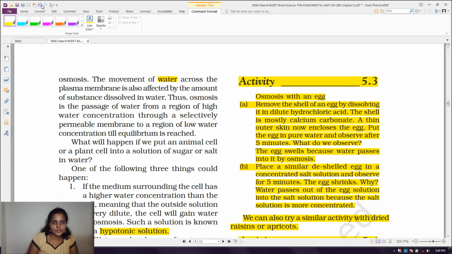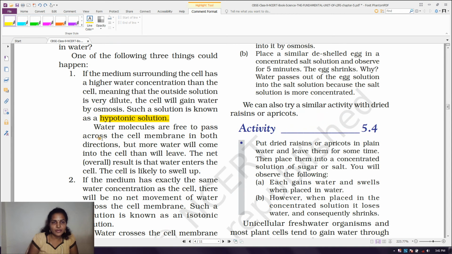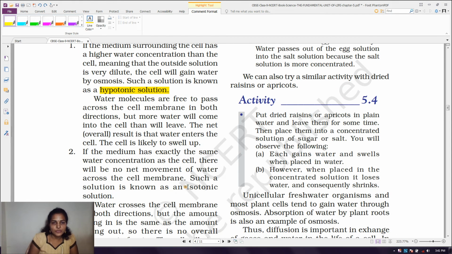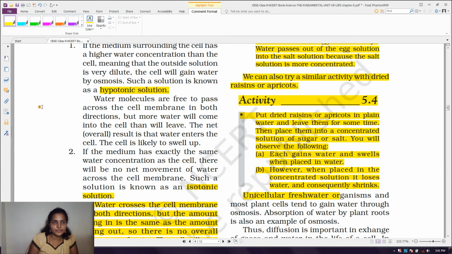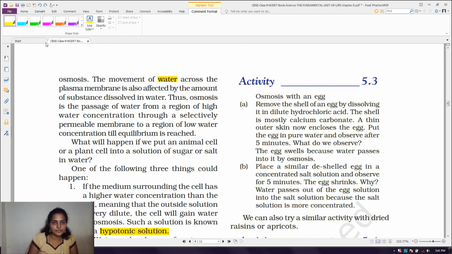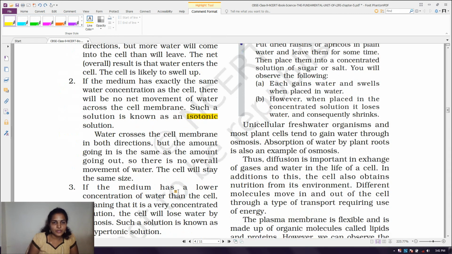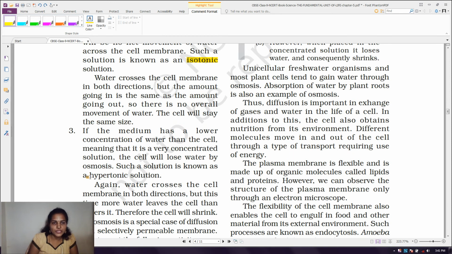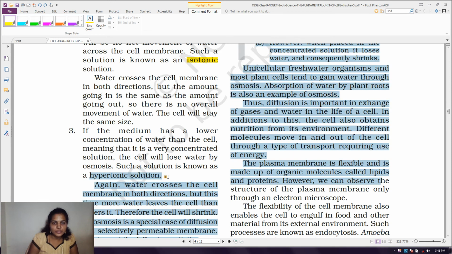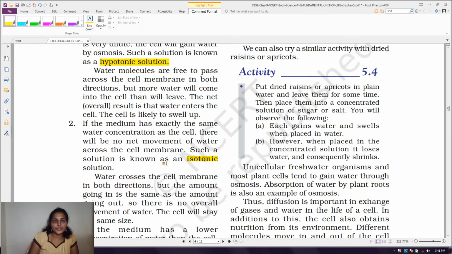Okay, hypotonic solution, and then next one is isotonic solution. Okay, isotonic solution, and then the last one is hypertonic solution. So what is this? So here